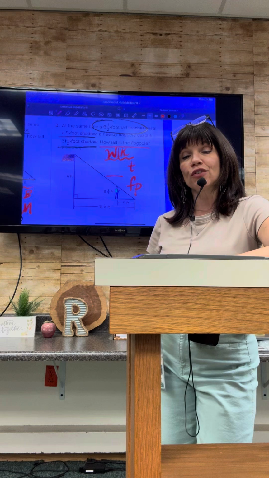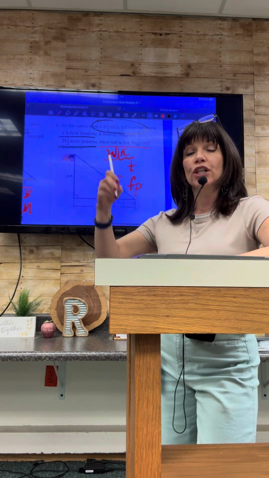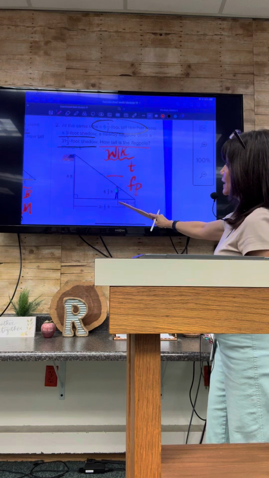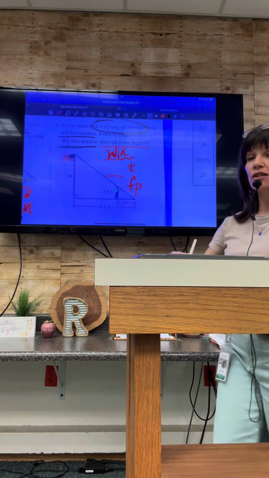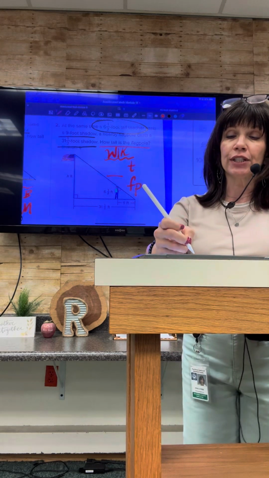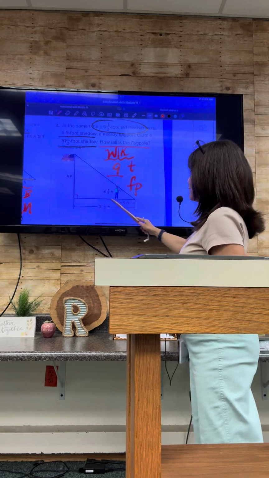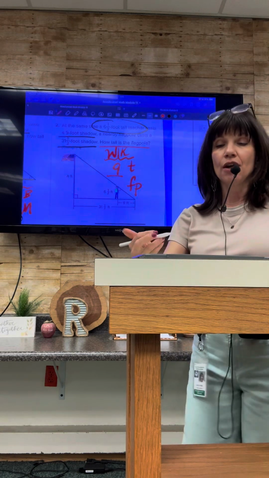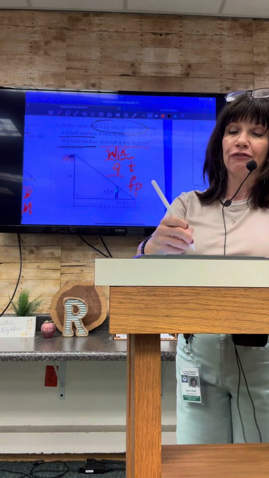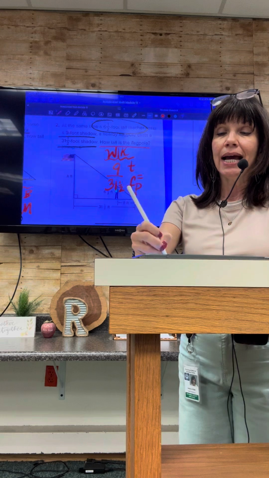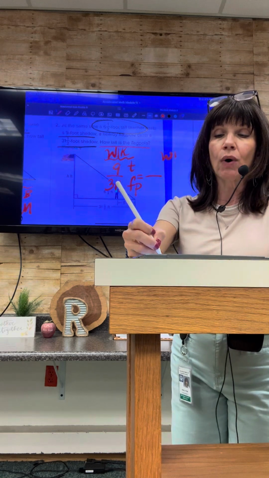What number goes in front of T for teacher's shadow? Say it if you know. 9. They are showing you that it is 9 feet. So we're going to use 9 for the teacher. And we're going to use what for the flagpole shadow? 31 and a half for the flagpole shadow, equaling,